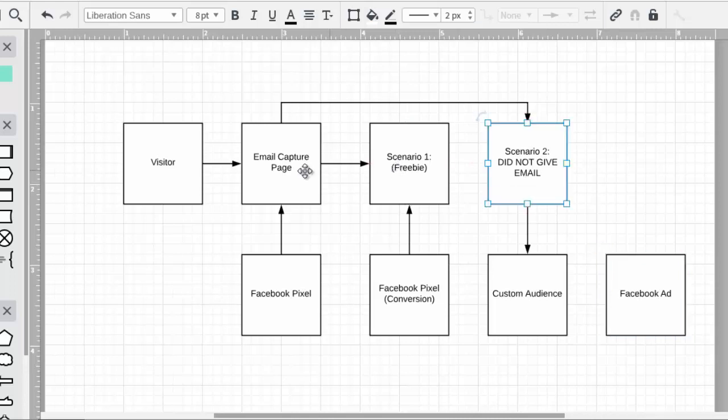So in certain respects, what it's going to do is if somebody visited this page, but they did not visit this page, then we put them in a custom audience. If they visited this page and this page, then we do not retarget them. Now, it's going to be a little bit easier to understand when I visually show it to you. But I just want to give you a bird's eye view here. So at this point,